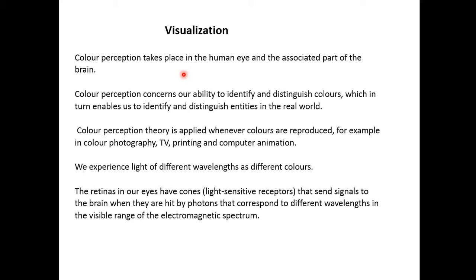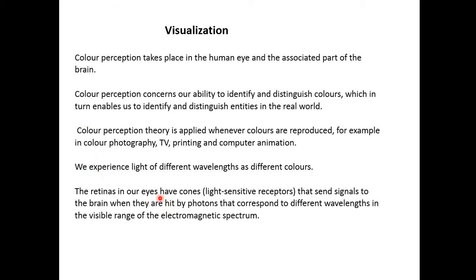If any person is facing some color blindness, then he could not be able to visualize the satellite images or colors. Color perception concerns our ability to identify and distinguish the colors. If someone is facing an eyesight problem, then he can visualize the satellite images with best visualization using some changes in brightness, contrast, hue, saturation.